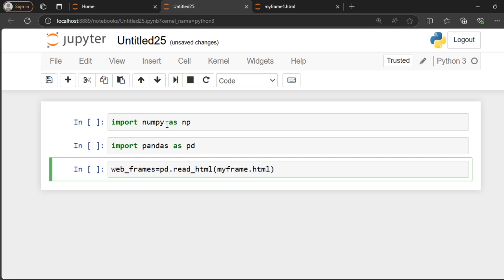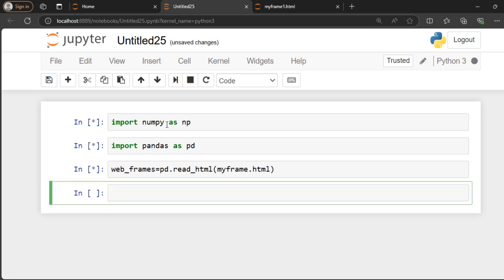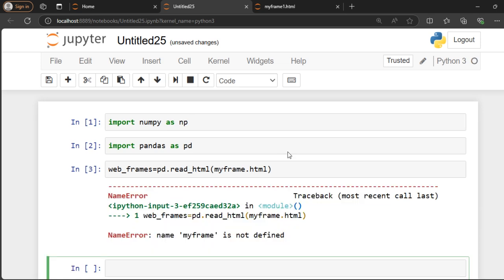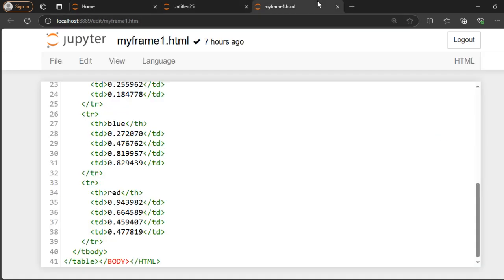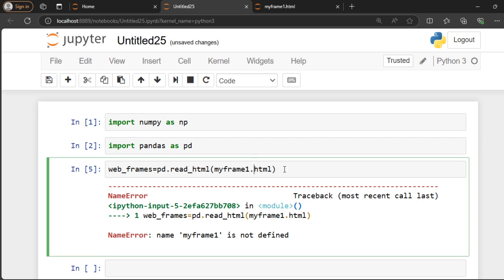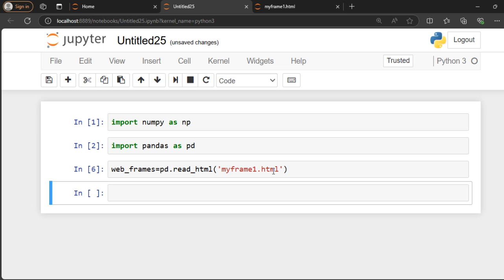So now let's execute this. After executing, okay, there is a problem here. Myframe1, that's the name of the HTML file, myframe1.html. Okay, it has to be within single quotes. That's the reason we're getting the error. So now read_html is directly parsing